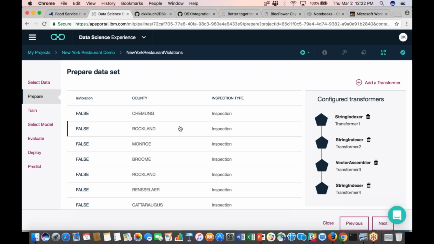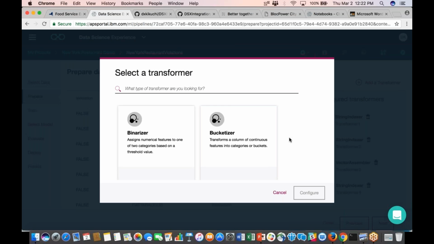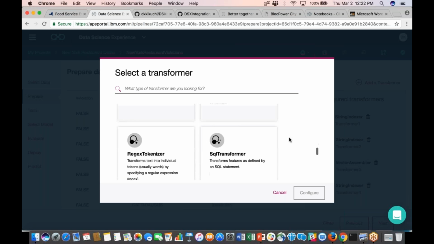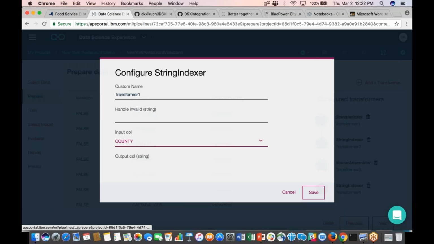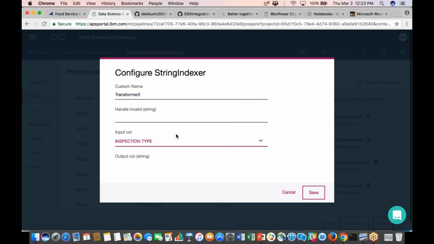So typically when you look at the data, you want to consider what we call observed feature items that may predict the output label. To keep it simple, like I said, we just did 3 columns. We used a string indexer, so these are all transformations. I can add a transformation, and there are a number of them there right now, and it will be enhanced in the future. We have binarizers, bucketizers. The one that I used is actually down here at the bottom, called a string indexer, so it converts a string into a column of labels. For this particular one, I string indexed the county, and the output will be county code. I did the same for the inspection type,